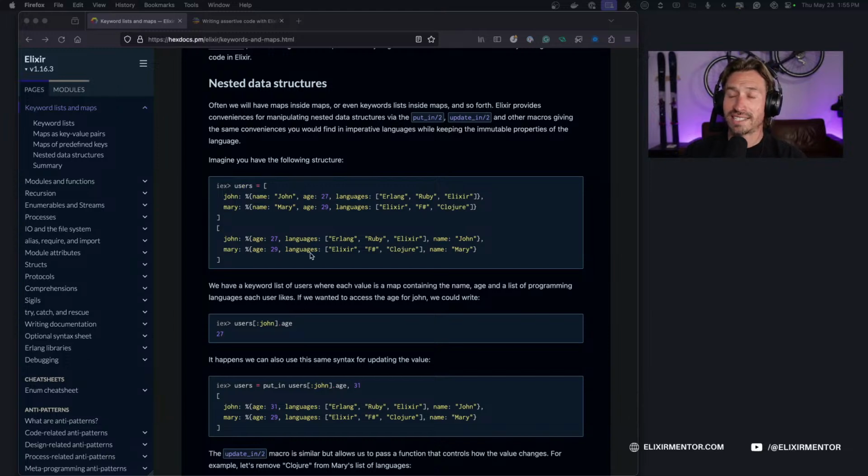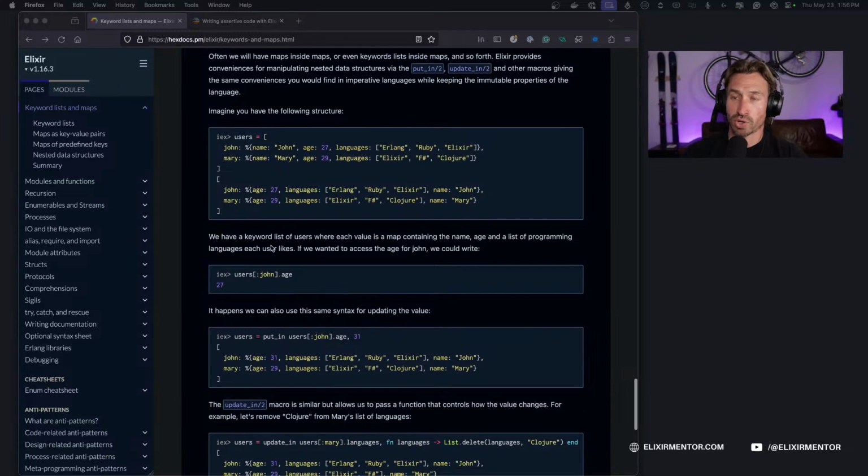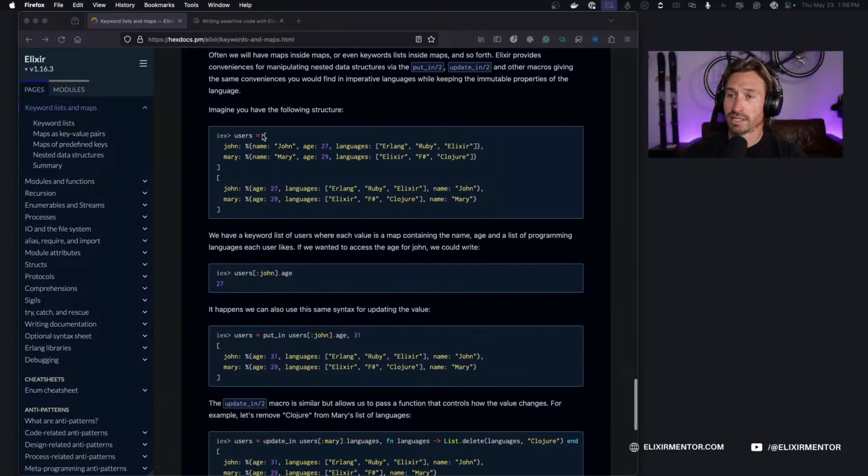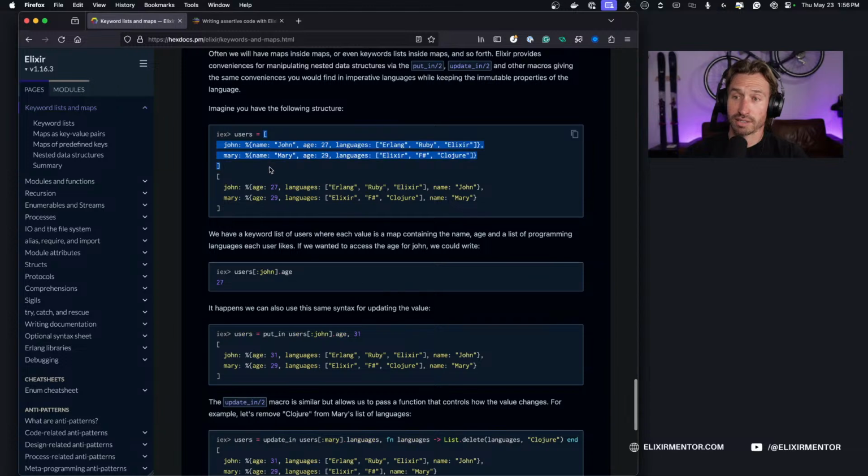All right, so nested data structures. Often we will have maps inside of maps or even keyword lists inside of maps and so forth. Elixir provides conveniences for manipulating nested data structures via the put_in/2 and update_in/2 and other macros, giving the same conveniences you would find in imperative languages while keeping the immutable properties of the language. So imagine you have the following structure. We have a keyword list of two maps. All right, let's go ahead and